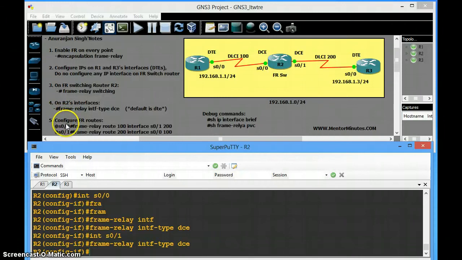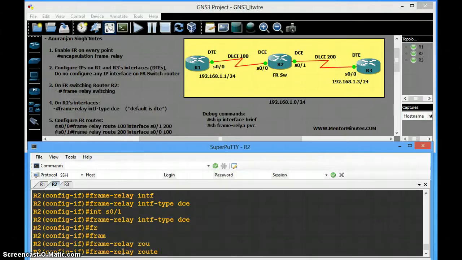Now it's the final step where we will configure at this interface DLCI 100 and at this interface DLCI 200, and directly we will route them together from one interface to the other. So currently we are at serial 1, it means here. So what we will do, we will route this frame relay route.